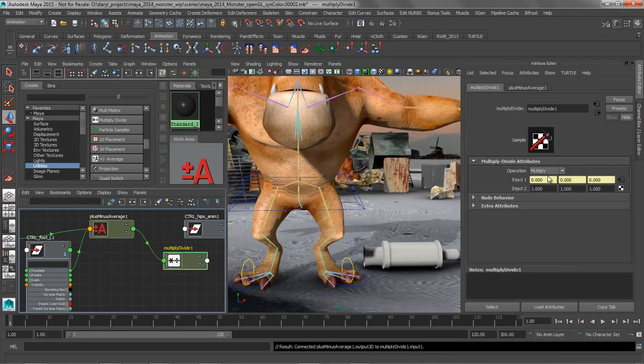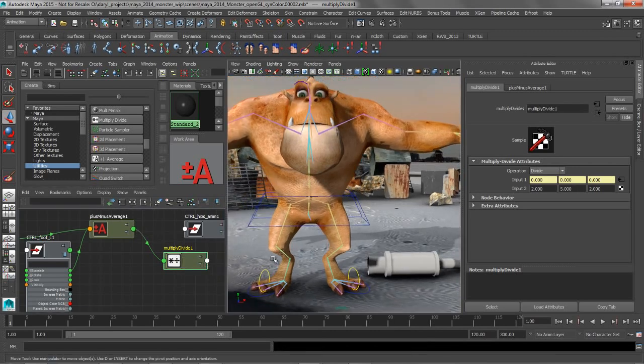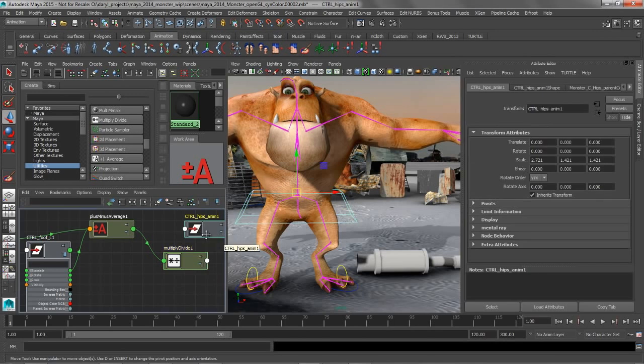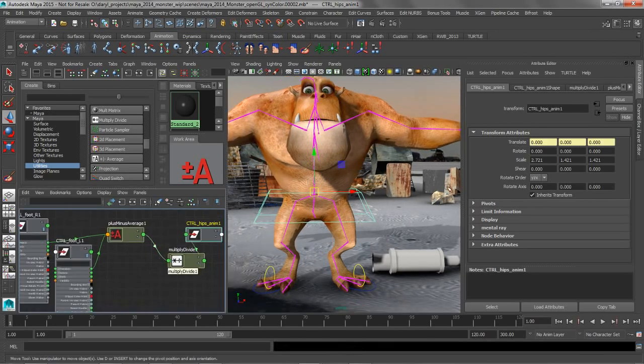And we're going to not do a multiply, but we're going to do a divide. So we're going to divide our X and our Z, and we're going to make our Y have a little bit more, something like 5. So it's going to find basically the center in our front view and then have the up and down be a little bit less because we divided it by a value of 5. So all we have to do is drag and drop that multiply divide onto our translate tool, or our translate for our character's